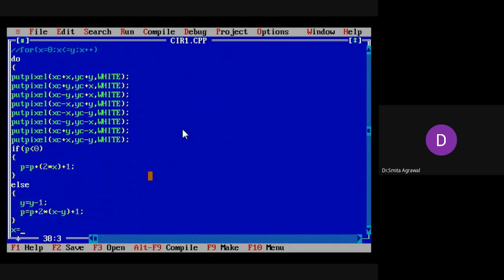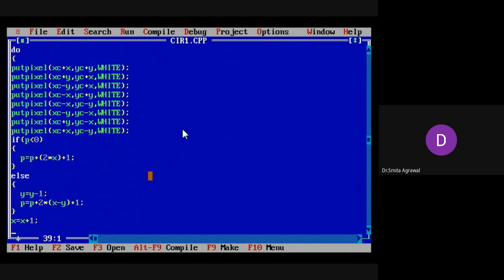Then the value of x is incremented by 1, and the loop continues until y is greater than x.